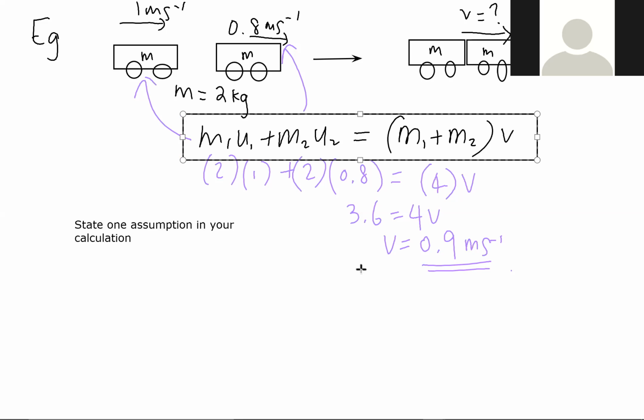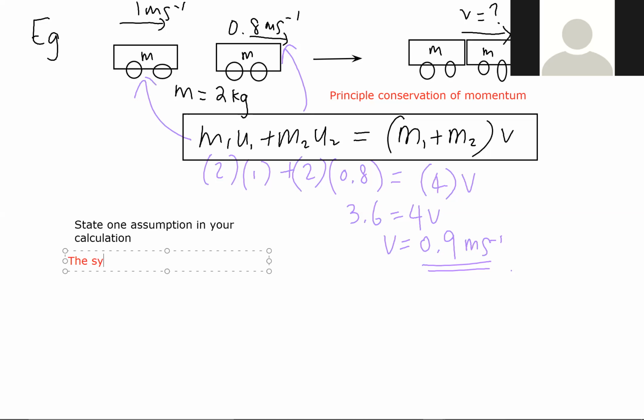Remember, what is the criteria if I want to use the principle of conservation of momentum? If I say total momentum before equals total momentum after, only if there is no friction, no external forces. Okay, so your answer should be